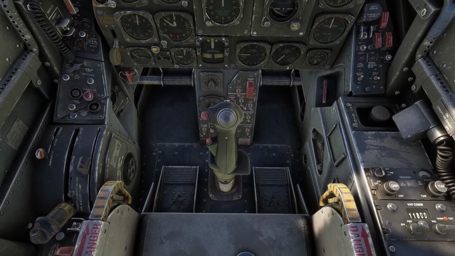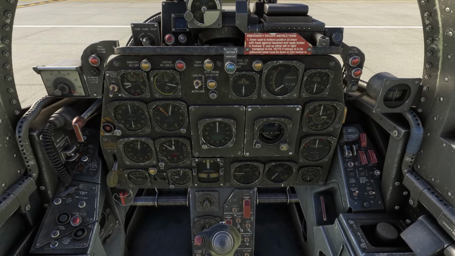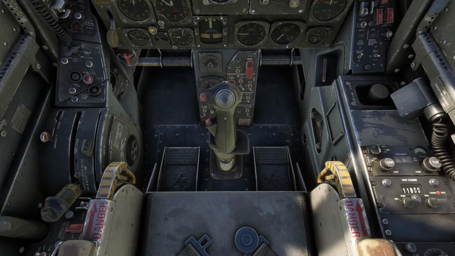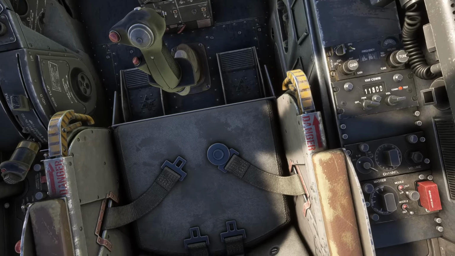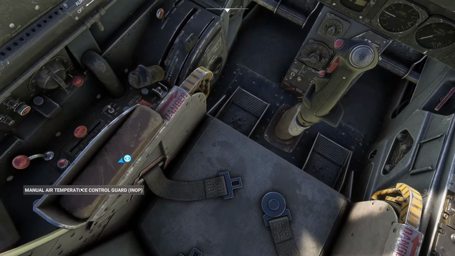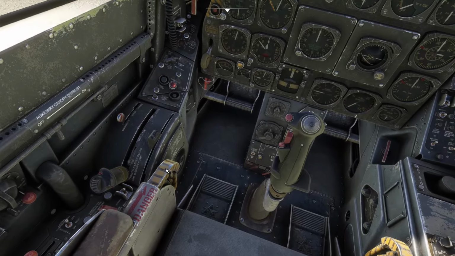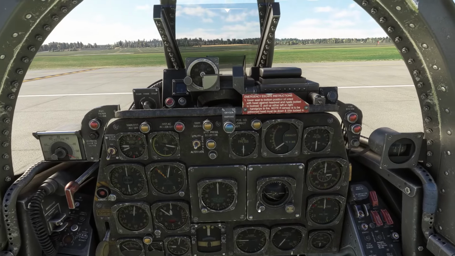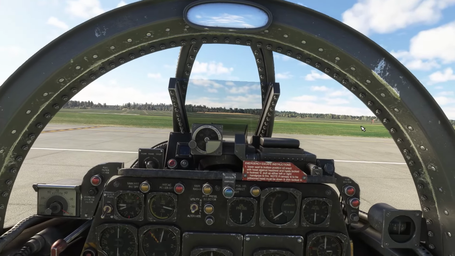And I've got to say, it looks absolutely fantastic inside. Really nicely worn interior. Look at the old school, look at the rubbing on the leather, on the armrests, the switches, and all the old school dials. I absolutely love it. I own the F-86 in DCS